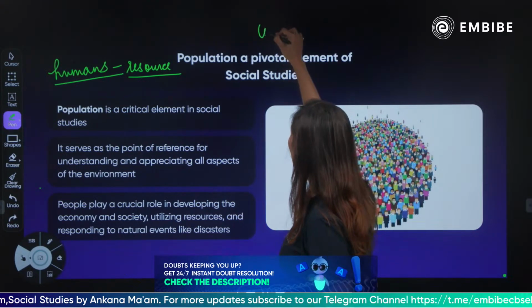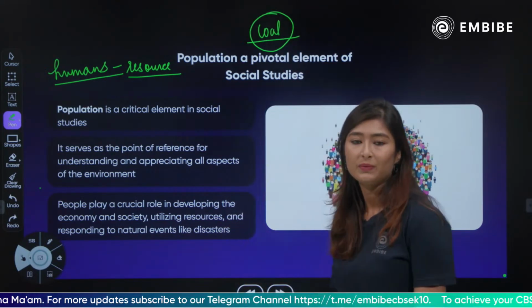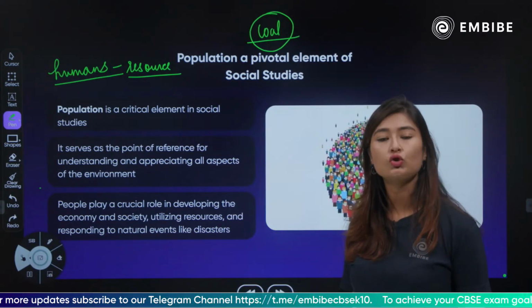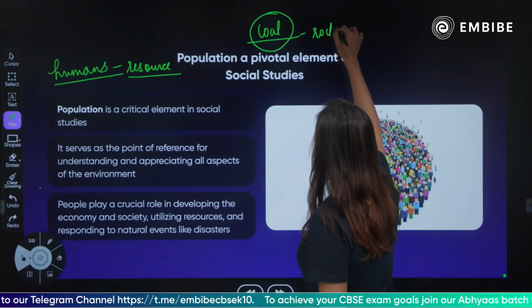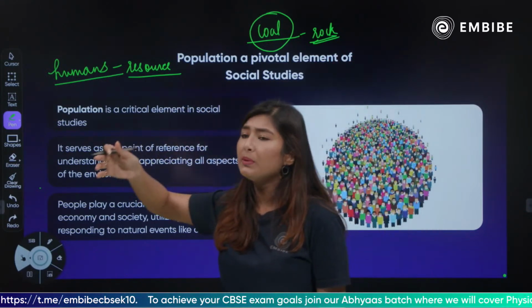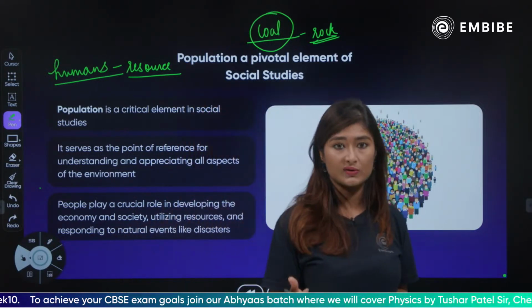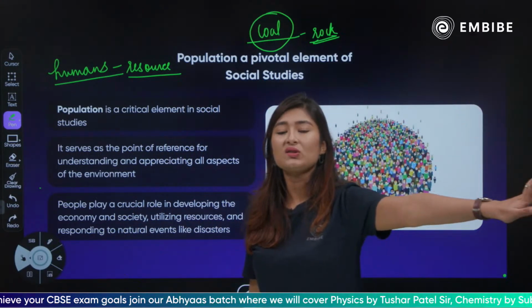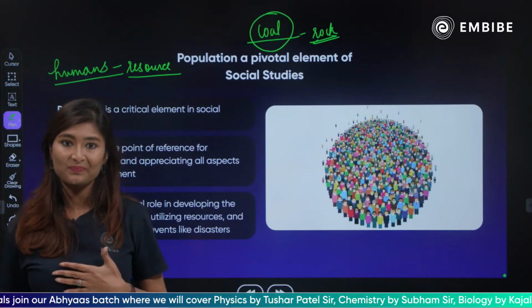For example, coal is such a big resource. Coal को इतना बड़ा resource हम मानते हैं. It helps us in so many things, but it was just a piece of rock otherwise. If the humans wouldn't have been there, found it, developed the technology to use it, and then started using it as a resource. So even the natural resources get their meanings only based on the utility of humans.